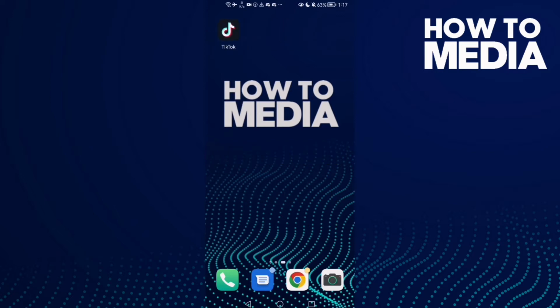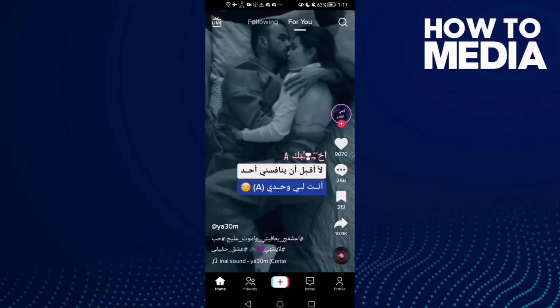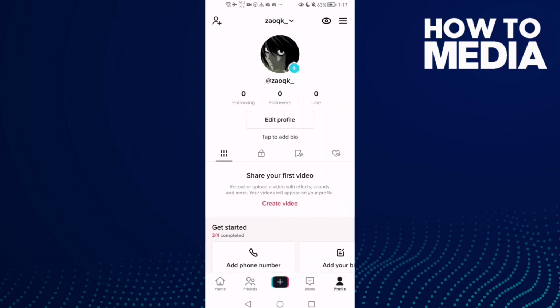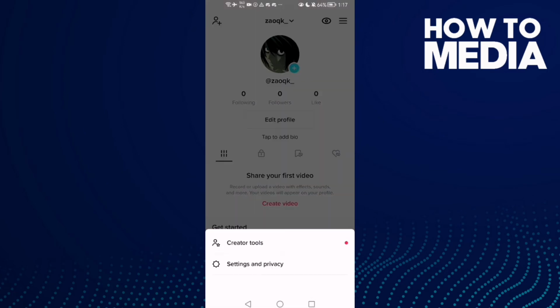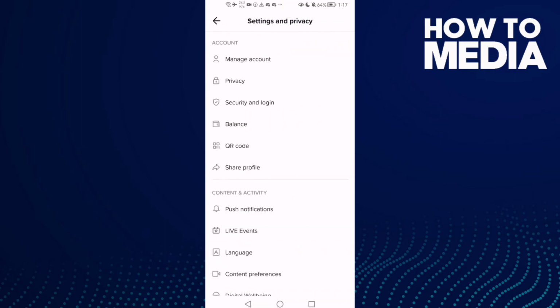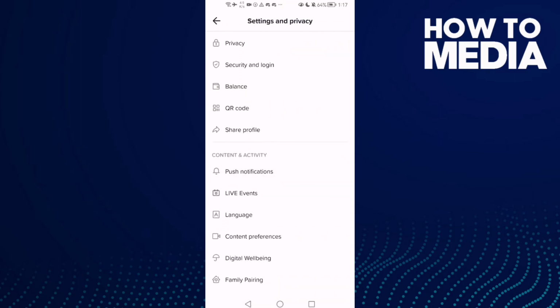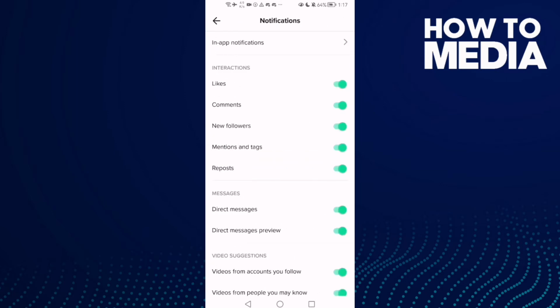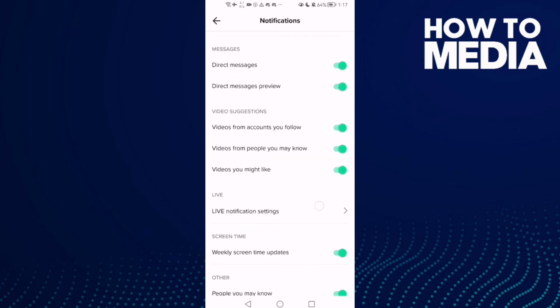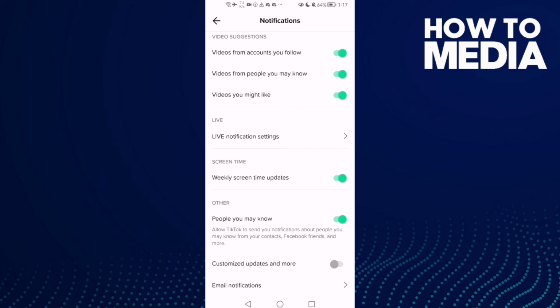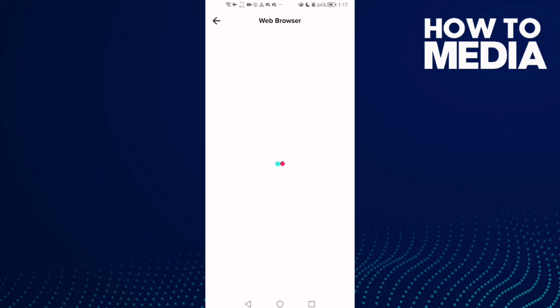First, open TikTok and here you will find profile, click on it and then click the three lines in the top corner, and now click settings and privacy and then scroll down, click push notifications and scroll down again. Here you will find email notifications. Just click on it